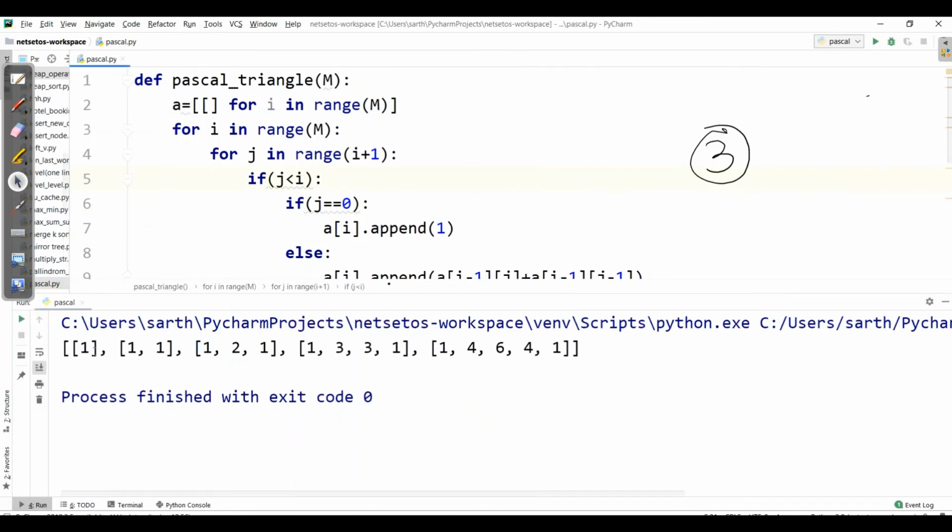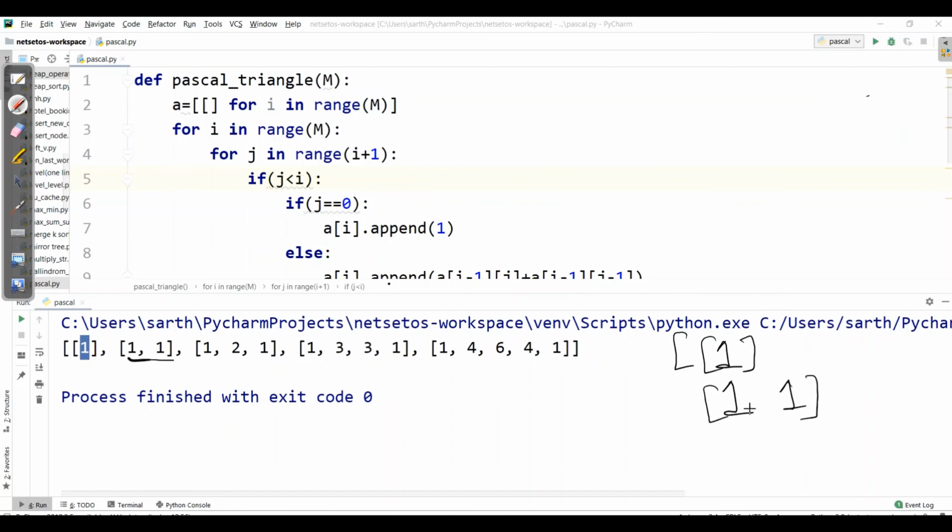And here we got 1, then 1, 1 in the list. Here we have maintained this as a list within list. Then 1, 2, 1, then 1, 3, 3, 1. Similarly, 1, 4, 6, 4, 1.